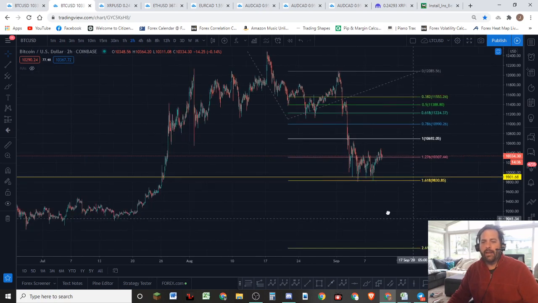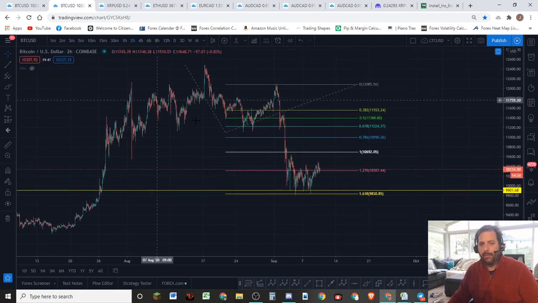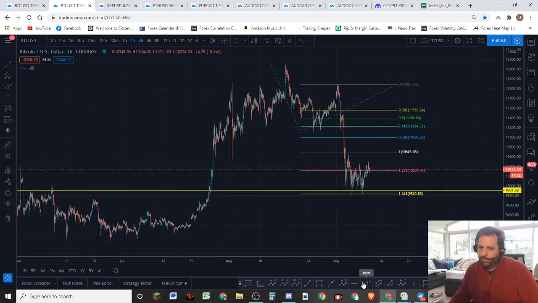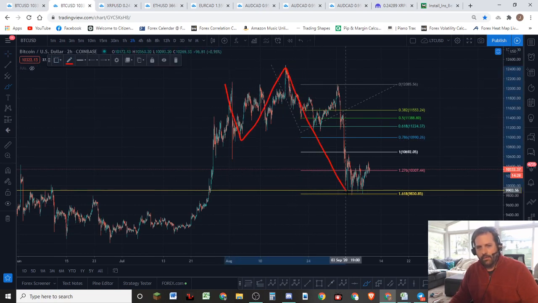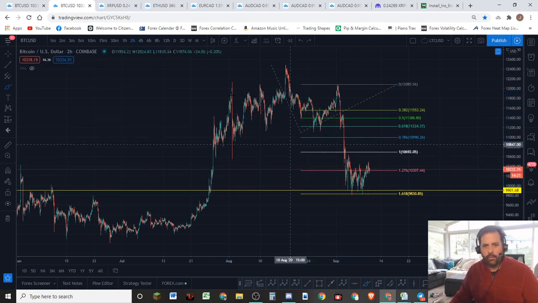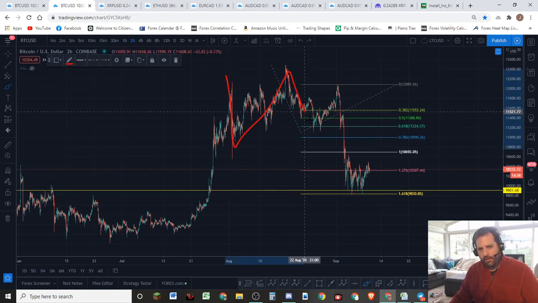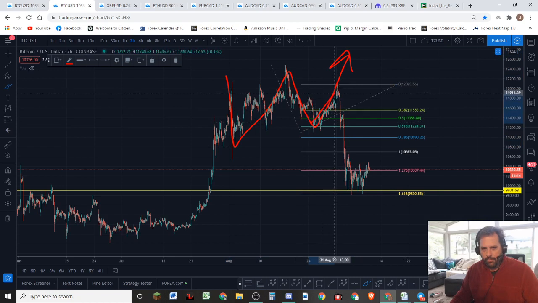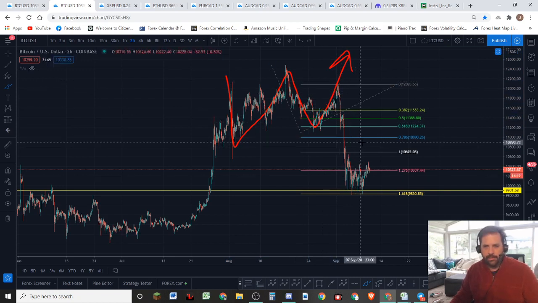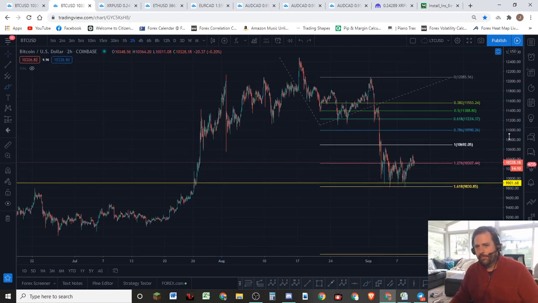We're looking at Bitcoin right now, and off the top here, I'm pretty convinced I've given up on this particular count, where that's a three-wave move. I personally just don't like how deep this has gone. I'm giving up on that personally. I don't like the shape for it. I would have liked it right here and then up from there. That would have been very good. In fact, we got the move like that, and it looked like it was going up, and then it tanked from there, obviously.